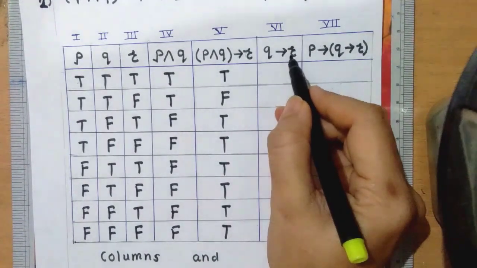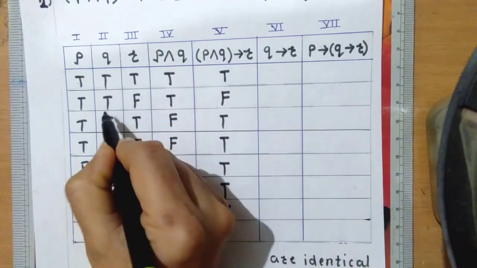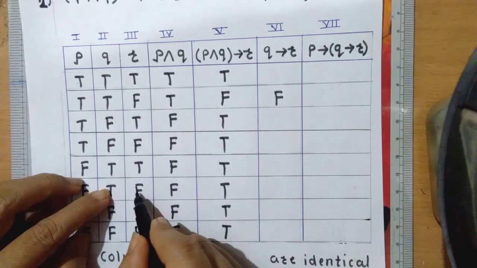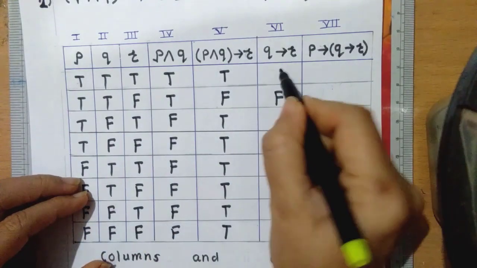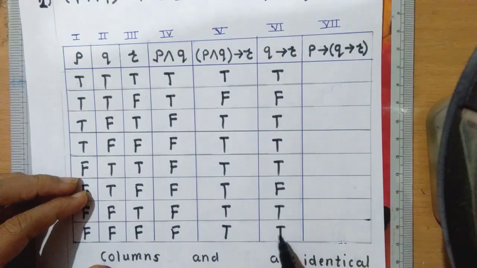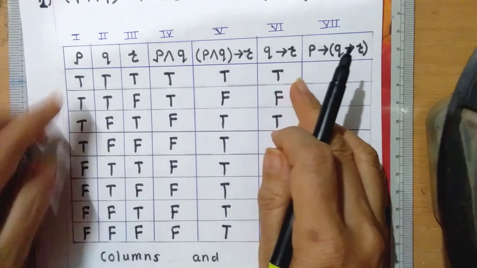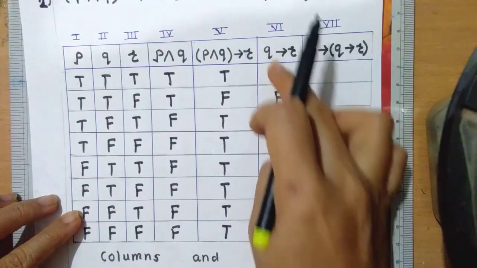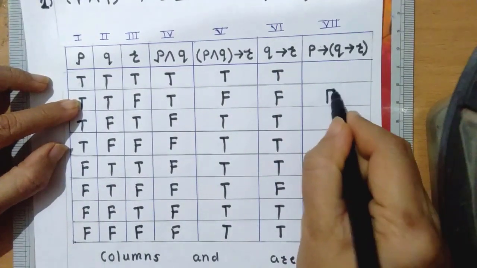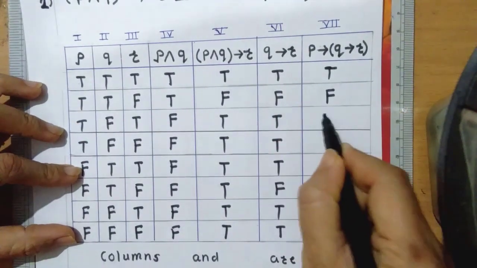Next one, Q implies R, means implication between these two. So again check TF, not there, TF yes, so we will write F here. Again check TF, here also F, so the rest we will write T, T, T, T, T and T. And last again, P implies Q implies R, means first we have to consider this and then this. So check again TF, here TF we can observe, TF not there, no, so the rest we will write T.